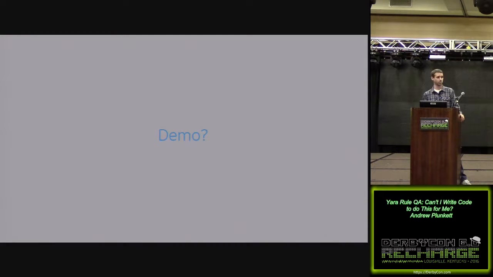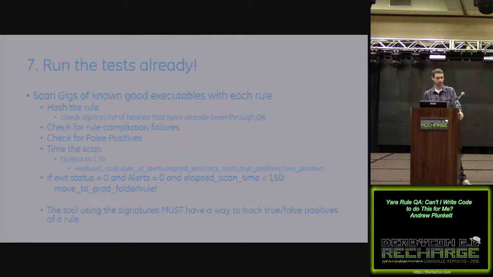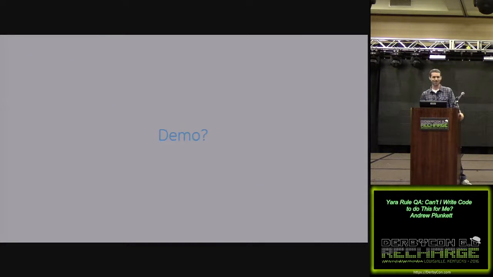I was going to do a demo, but I've got to admit the demo would have been pretty lame. It would have been me hitting enter on a command line and then waiting for a CSV to output. You guys wouldn't really see it, and the CSV output would have looked just like this. But I also forgot my token to log into the VPN of my work, so I can't actually do it. I found that out last night. I wasn't about to go home and get it. I could have asked some of my Cincinnati guys for their VPN, but